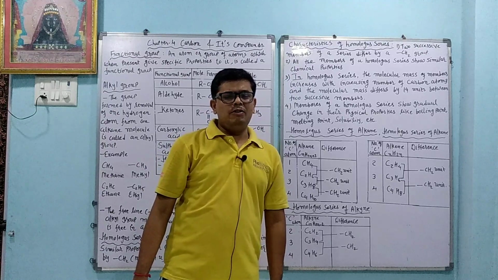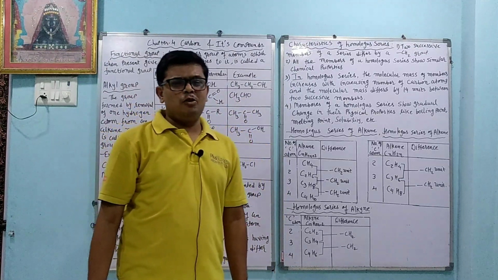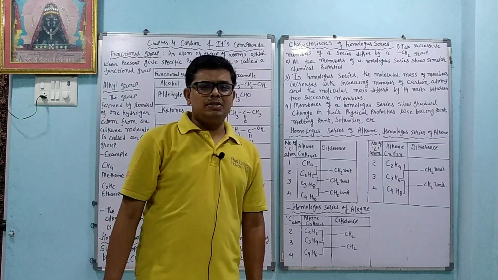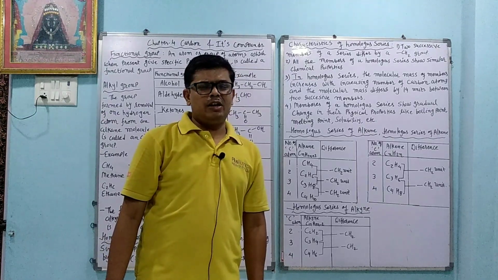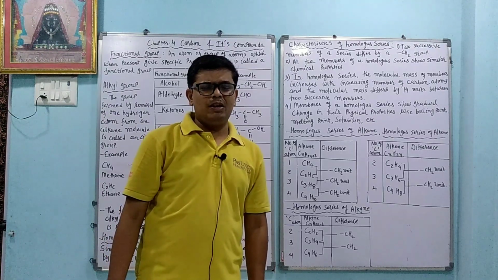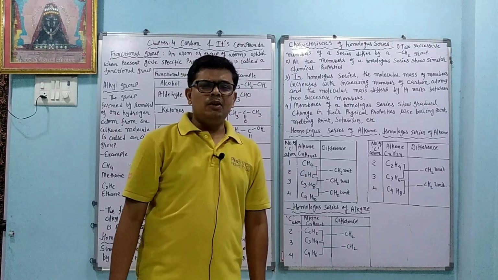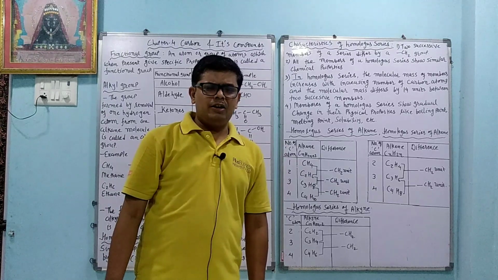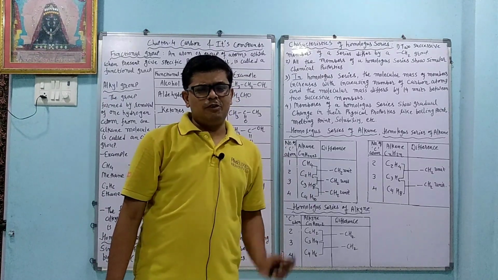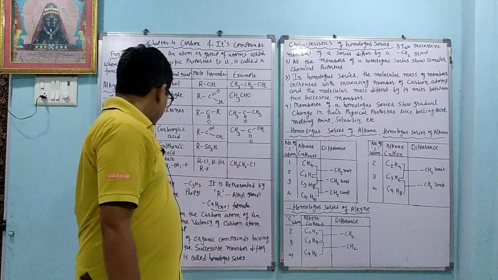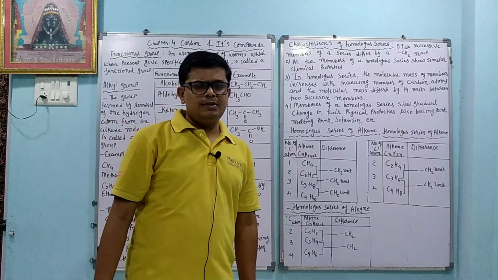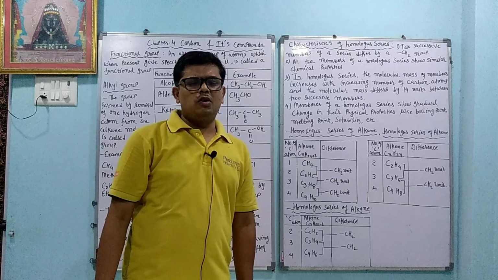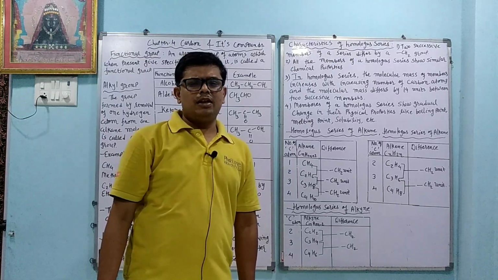So dear student, today we learned about the functional group: the atom or group of atoms which is responsible for the chemical and physical properties of an organic compound is called the functional group. We learned about the alkyl group: when we remove one hydrogen from the alkane, we get the alkyl group. We learned about different functional groups, as well as the homologous series in alkane, alkene and alkyne. So this is all about today's portion. Thank you so much.